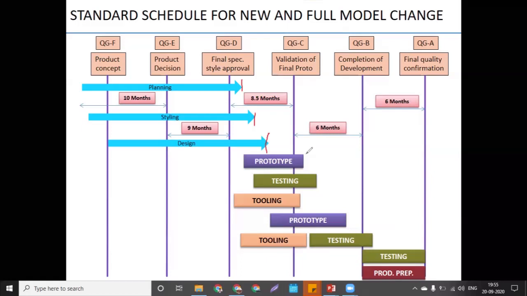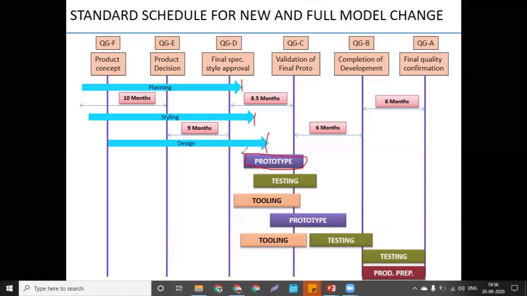Okay. Then CAD data for Proto. From here, Proto will start. Proto means what? We will not produce the part actually in stamping, but I want to take the assembly point of view and the management point of view, so I will create a part in plastic. There is a method like the SLA method or 3D printing. If you know 3D printing, it is new to the industry, but they will make the actual part in scale 1:5 or 1:10 only. So that is the prototype. With that product, they will check how the part will behave at assembly time.